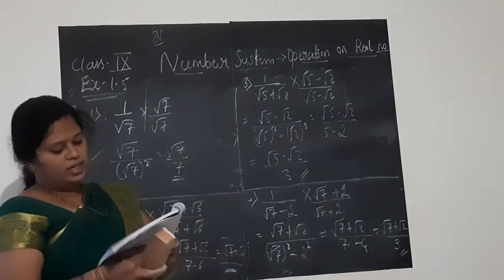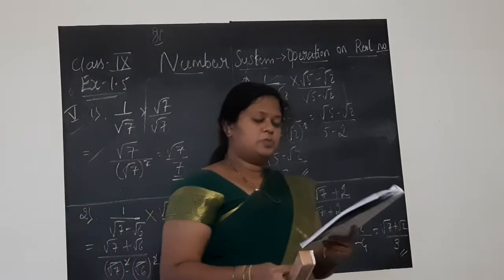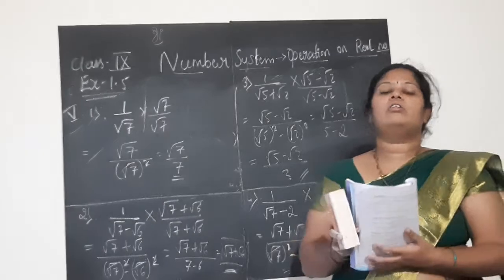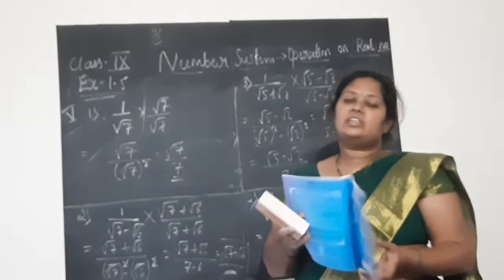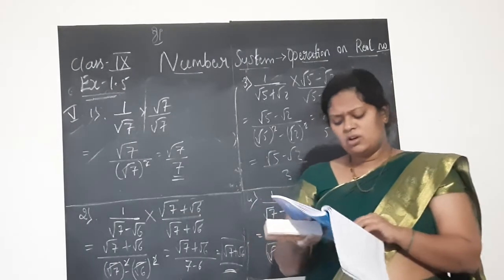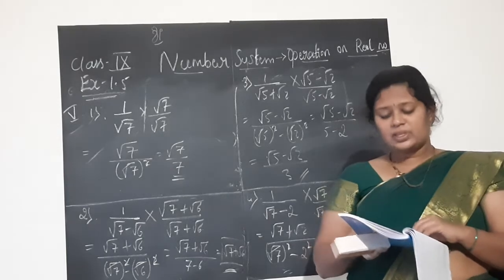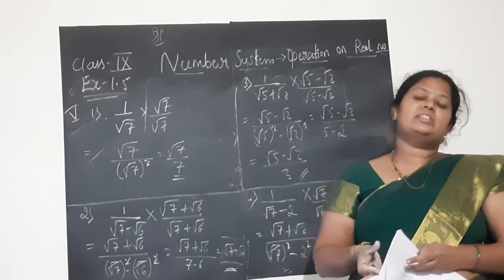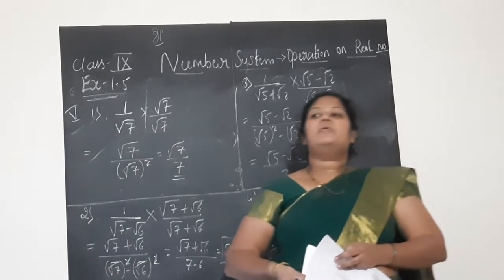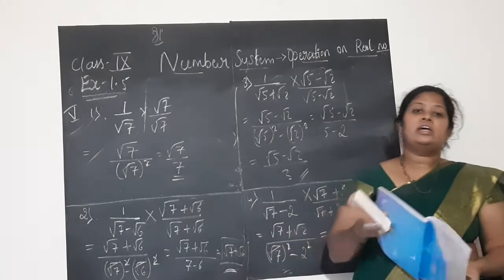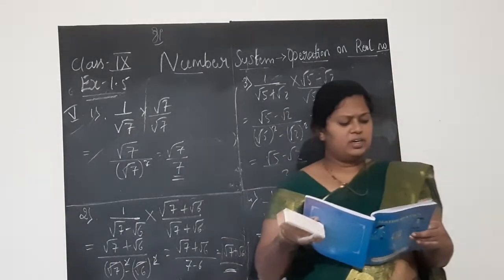Also I will be continuing today itself. Law of exponents. You have already learned all this in your previous year, that is 8th standard, children. So it is simple. a power m into a power n is a to the power m plus n. a power m by a power n is a to the power m minus n. All that you have learned now.